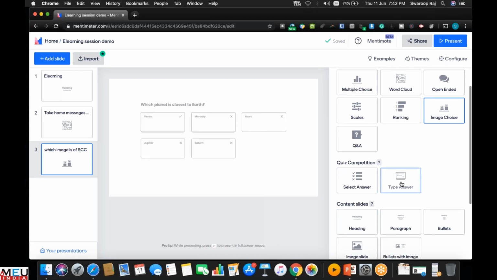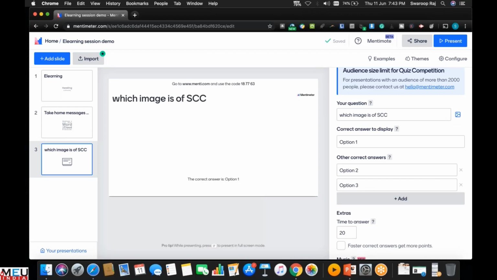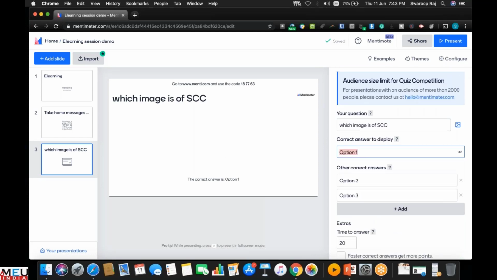Then you have this fill in the blanks option, where you can give the question and write in what is the correct answer. But this is very tricky because, like in Google Forms, even if the student answers with one alphabet different from your correct answer, it will not give him the points for the correct answer. So unless you know that there is only one way to spell that particular diagnosis, this is a very tricky one to keep in the form of quiz.